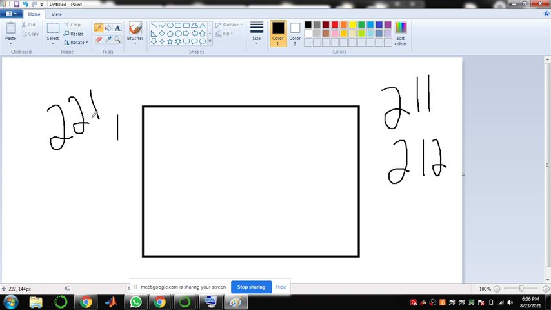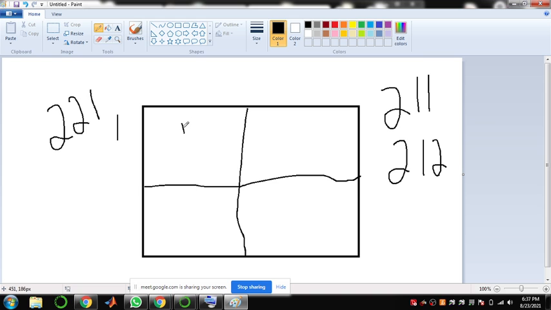What about here? 2 into 2 means how many axes you are going to get? Four. Out of 4, you are choosing the first axis. So you are going to have 4 axes.